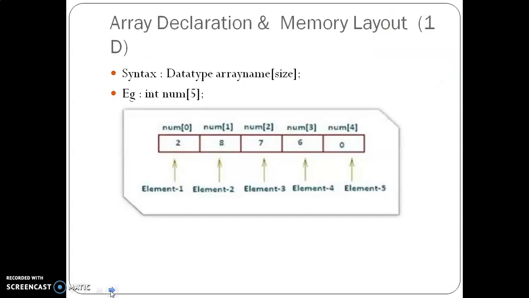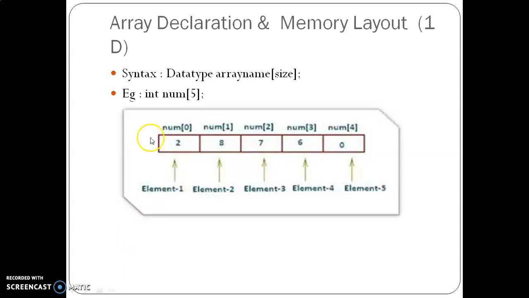So how can an array be declared and what is the memory layout of an array? That is what we are going to see next. The syntax of array declaration is the data type, array name, and the size within brackets. For example, int num[5];